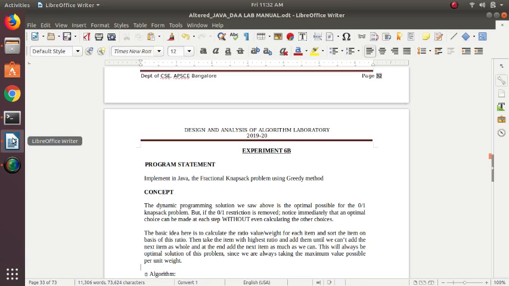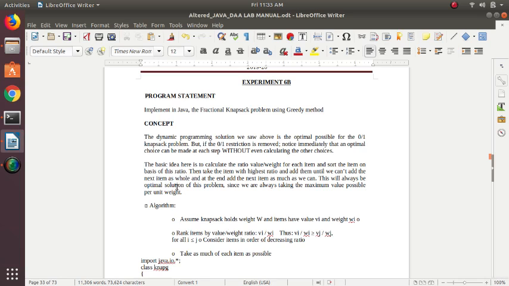So in 6A, what we did for the knapsack problem was based on dynamic programming, because there were two features, right? A sub-problem structure and overlapping sub-problems need to be there. In that case only can you apply the dynamic programming method to solve the knapsack problem. But another solution is also possible for the knapsack problem, using a different approach, that is called greedy, right? So let us take the greedy method.